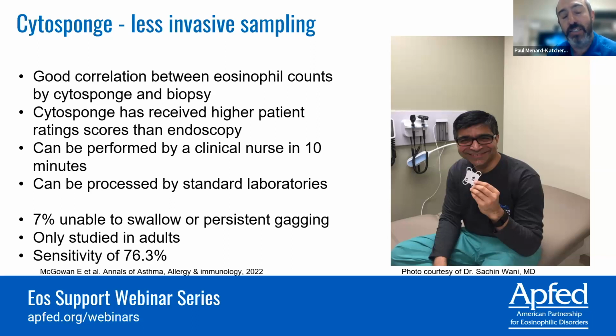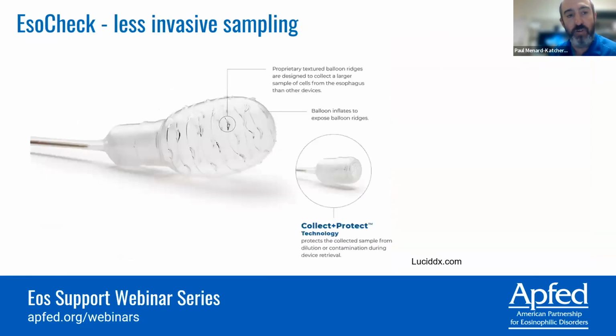And then the pooled sensitivity is approximately 75%, meaning you do miss some patients who might have eosinophilic esophagitis, where the sponge might be negative and the biopsies might be positive. Interestingly, there is also a less than 100% sensitivity for esophageal biopsies compared to sponge test, meaning that some patients were found to have positive sponge biopsies but negative endoscopic biopsies, which is just an interesting aspect of the studies to date. So with that, we'll move on to the last